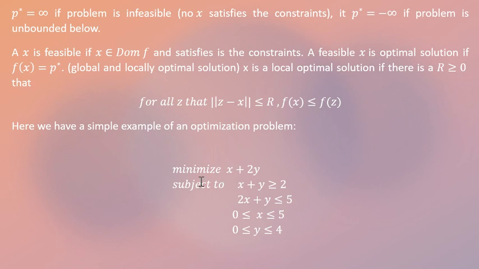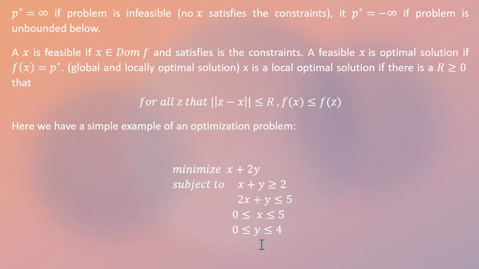I want to minimize the value of x plus 2y, and I define my subject conditions as x plus 1 greater than or equal to 1, 2x plus 1 less than or equal to 5, and I want to search in this area when x is between 0 and 5